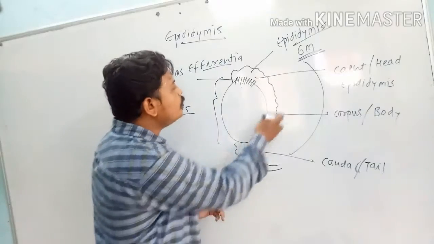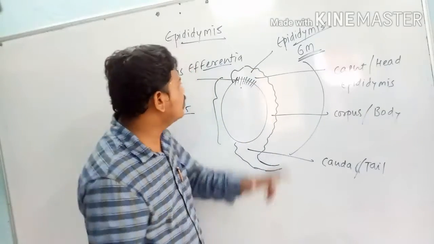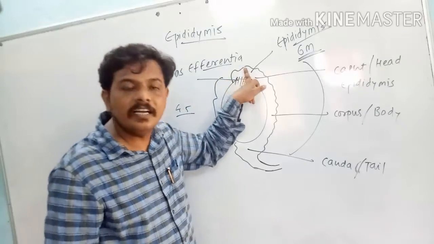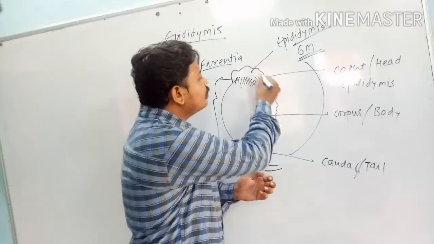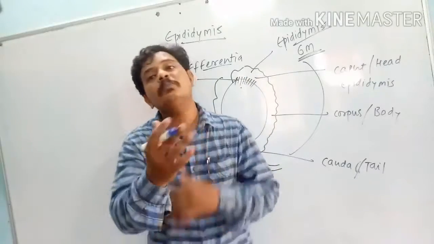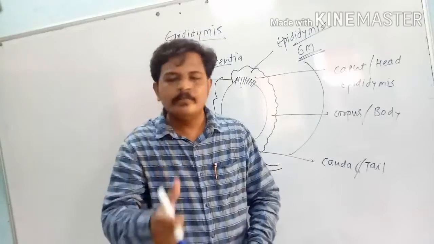ओके, और इतनी जो स्मॉल सी शेप दैट इज एपिडिडाइमिस। तो नेक्स्ट लेक्चर में हम डिस्कस करेंगे कि इस एपिडिडाइमिस का हेड और टेल का फंक्शन क्या है। इसका एक मेन फंक्शन है टू कैरी द स्पर्म, लेकिन इसके बावजूद भी इसका कुछ इंपॉर्टेंट फंक्शन है जो कि हम नेक्स्ट लेक्चर में डिस्कस करेंगे। ओके, थैंक यू।